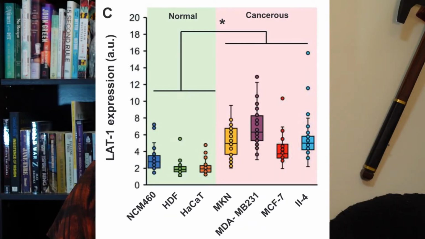They looked at LAT1 expression in various cancerous and non-cancerous cells, and you can see that with a little bit of overlap in error bars, the cancer cells have significantly more LAT1 expression than the non-cancer cells. Once they prove this and they can see the various amounts of the transporter, it's back to murder time. Their control was still mostly alive at the end, which is good. That makes it good to see the nanoppam's results.